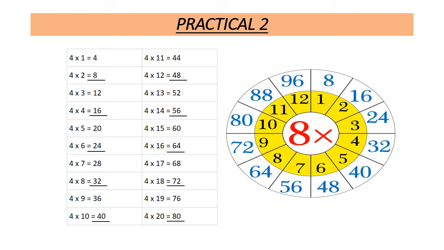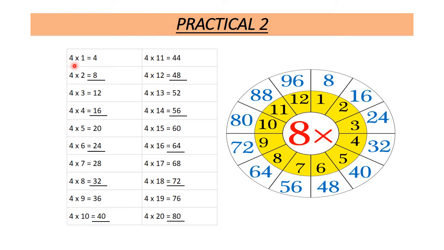Now dear students, we are going to write the table of 8 with the help of the table of 4. How is it possible? It's very easy to do. You can simply write table of 4 and table of 8 just by multiplying with the counting numbers 1, 2, 3, 4, 5, 6, 7, 8 and so on. But the question arises, how is it possible to write the table of 8 with the help of the table of 4? So I told you a trick. What you have to remember: double the first factor, and half the second factor, and then you have to multiply.